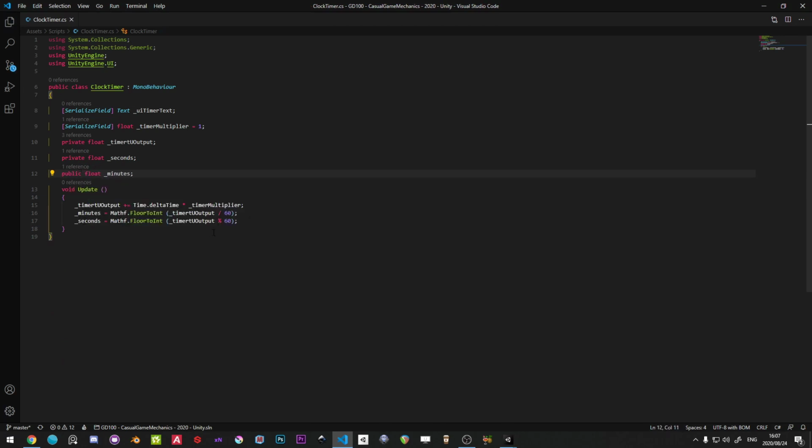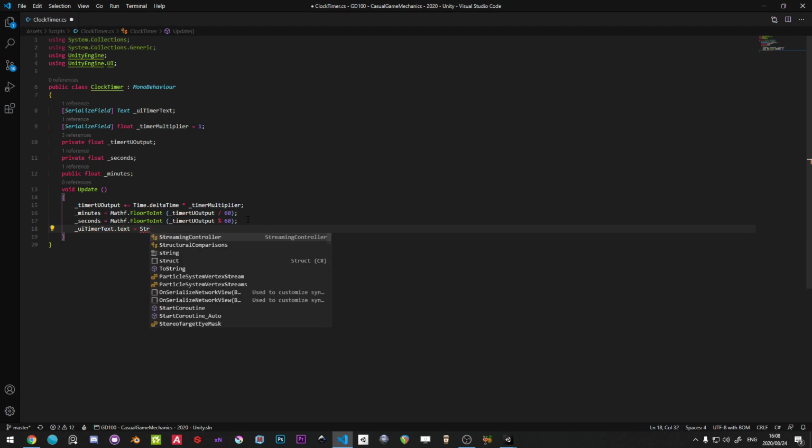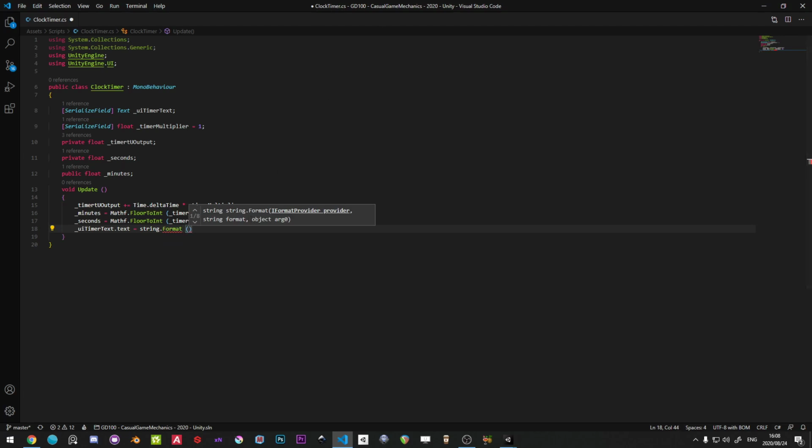So now that we've done the minutes and all that, all we have left to do basically is combine this into something that we can read, we can see, that we can plug into the UI text timer dot text is equal to, and we're going to go string dot format, and we're going to format this in a way that we want this timer to look. So we're going to be formatting it